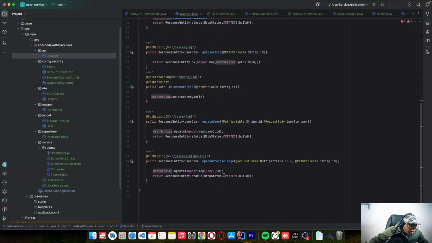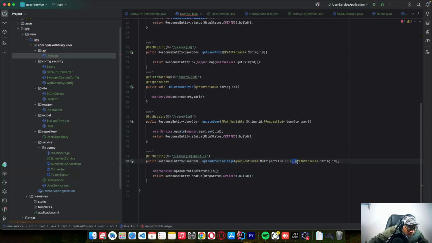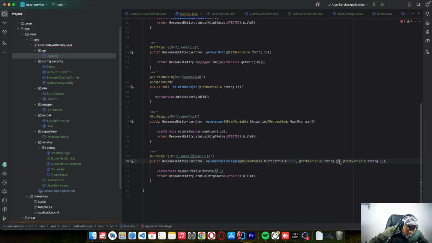So what you want to do, we need to say upload profile image. We have user ID, which is this ID. We have the key, so we just duplicate this. So what I can do here, it's a key. So I can pass a key here,